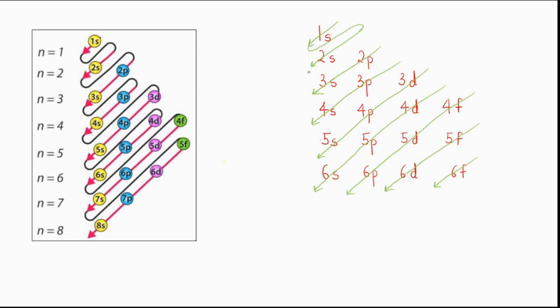Now all I have to do is just connect these. So connect this way, right? So the arrow from here connects to this one, right? So this is how we have to keep connecting, and this connection is actually helping us in telling about the pathway of the filling of electrons. Okay, so we'll also read this part.